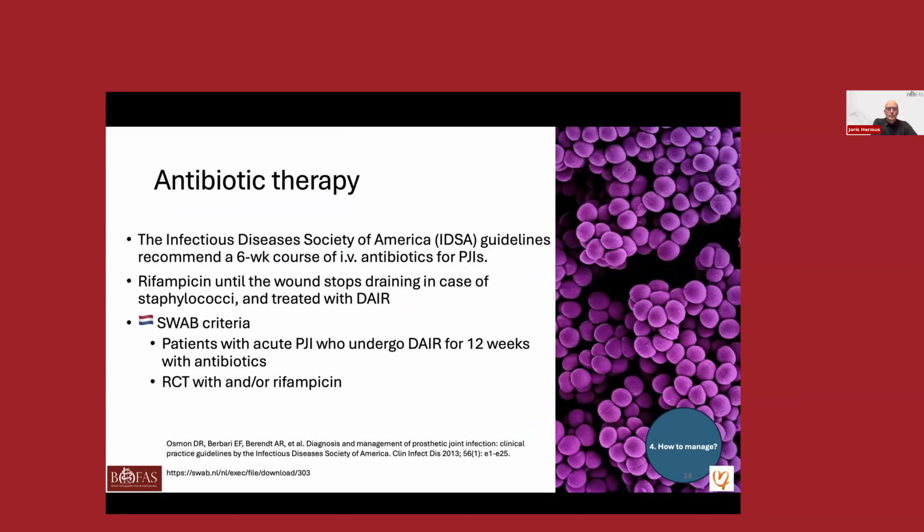In the Netherlands, we become more and more aggressive in this regard. So we don't do 6 weeks, we even give them 12 weeks. And there is currently a randomized clinical trial going on if you really need to give Rifadin in case of